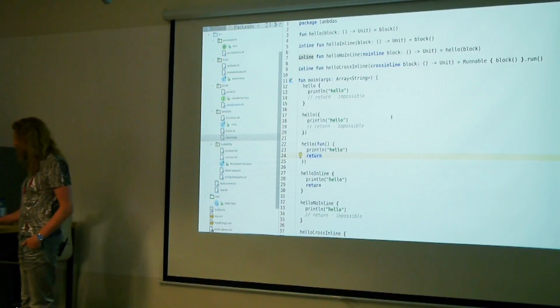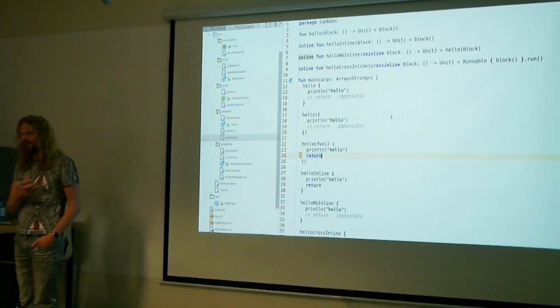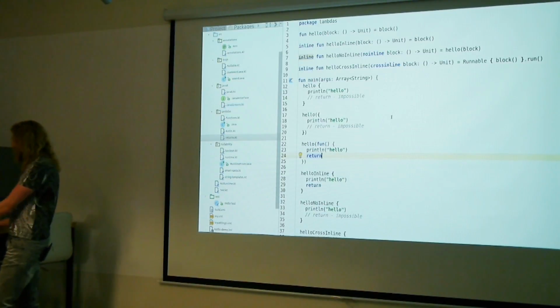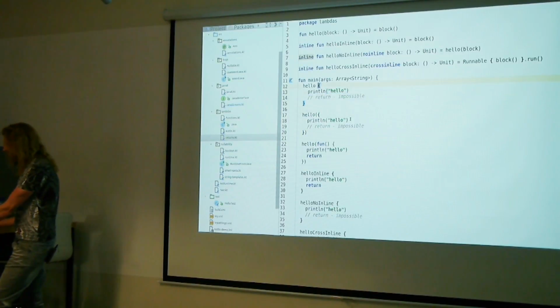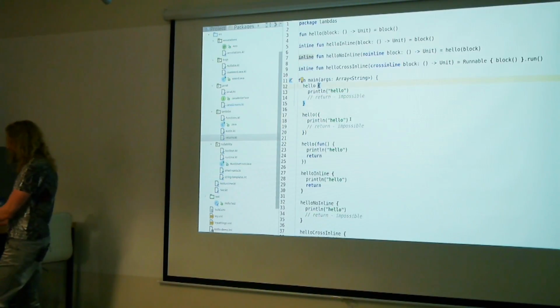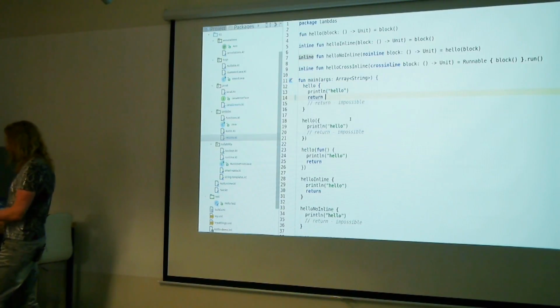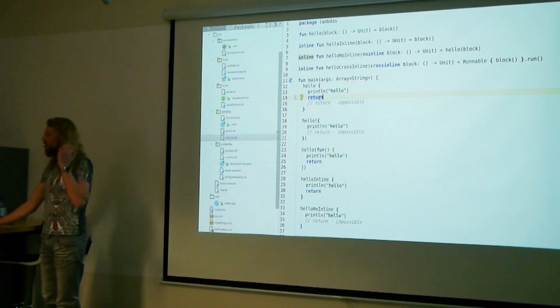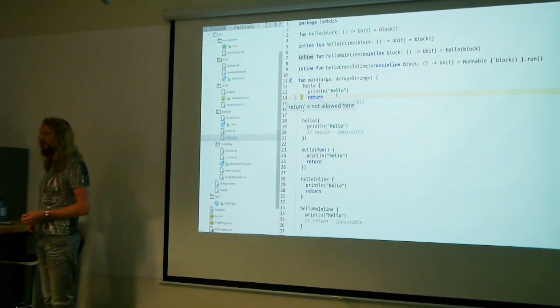But actually it's quite logical. It just feels a little bit inconsistent unless you understand what is happening. So you cannot do return here, to avoid mistakes. If I want to write return here, it will not compile, to avoid this kind of puzzler that there are in Groovy and Java.